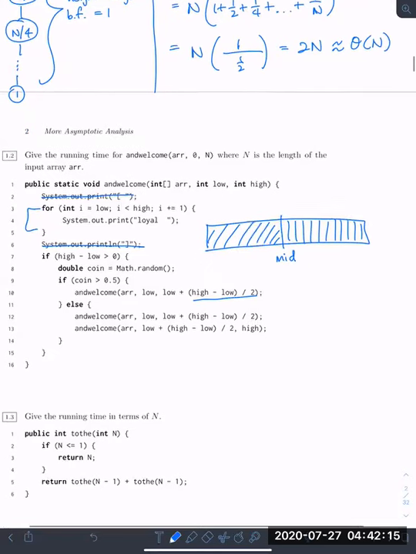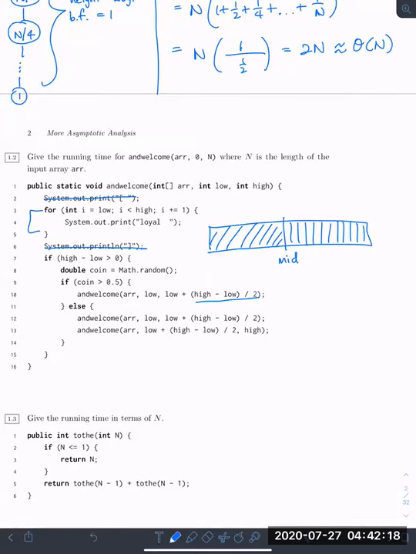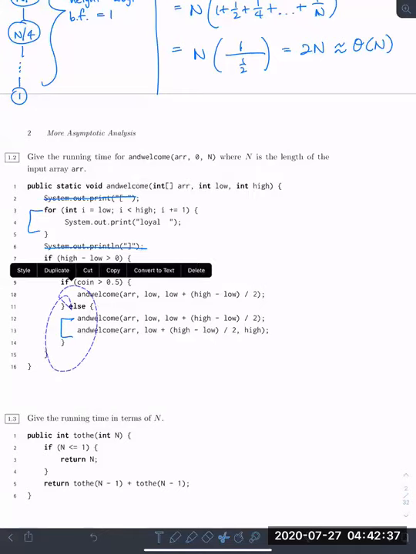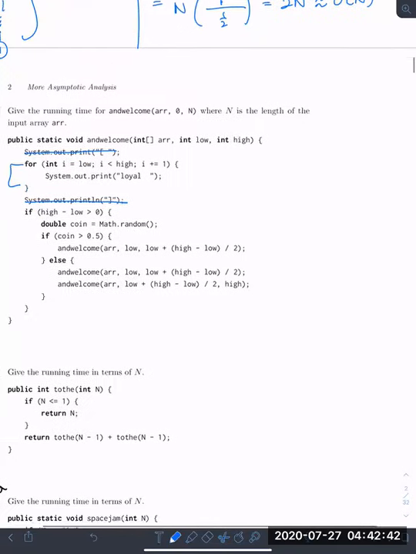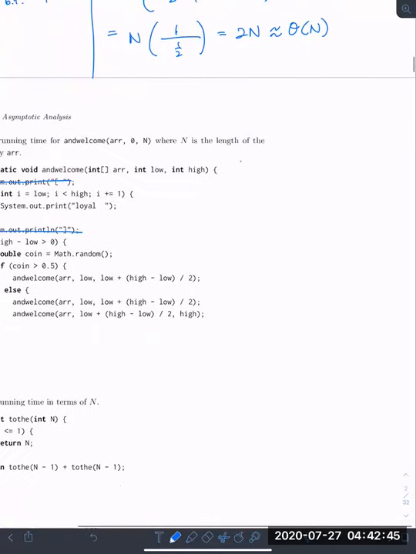But anyway, you can see that there's a different best case and worst case here depending on what the coin random value is, right? So the worst case is probably when we have to do more recursive calls, which is going to be the else case. We have to do 2 recursive calls. And the best case is when we just have to do 1. So let's take the best case first because that seems a little bit simpler to me. Okay, so I can just do it here. So in the best case, we're doing 1 recursive call, and basically we're splitting the array in half, right? Remember the diagram I just erased? We're just passing in the